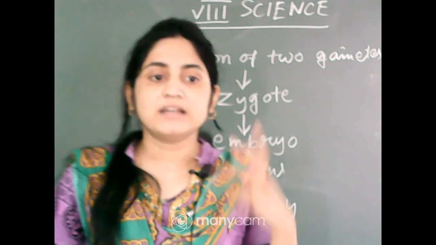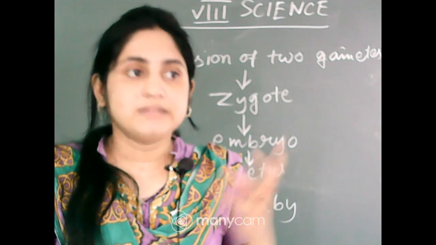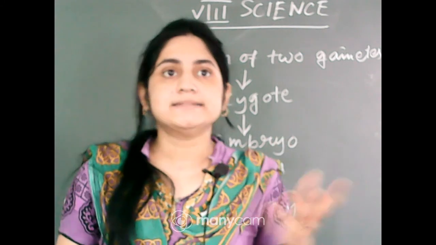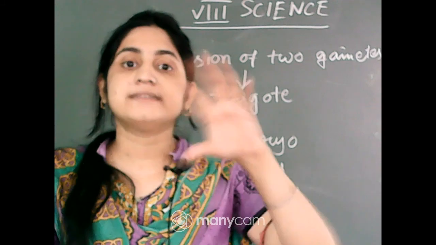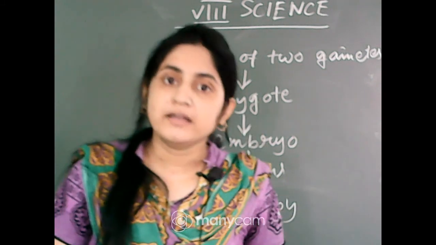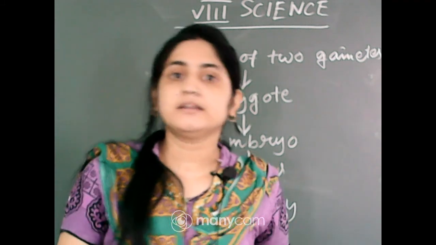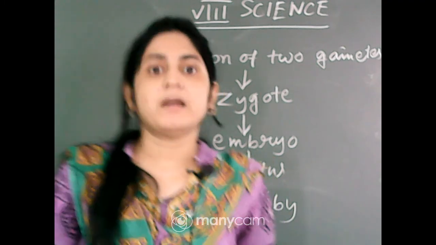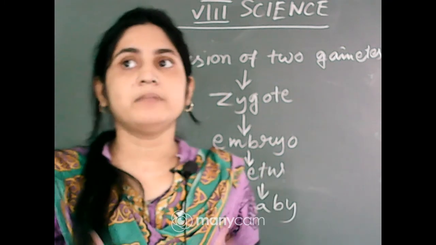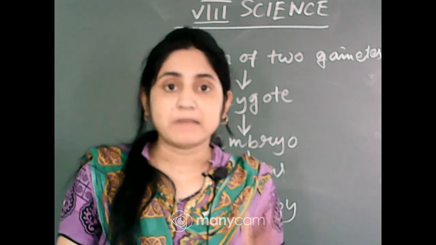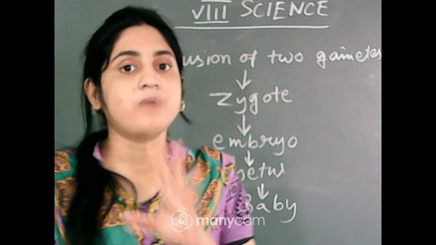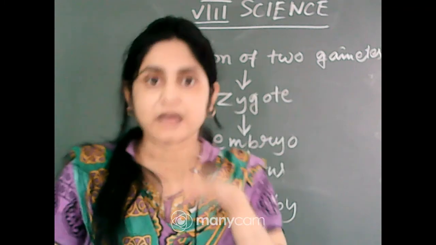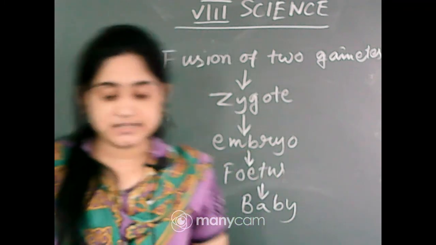Because the type of food which is taken by different birds, hens, anything, this type of food helps to form a shell just outside of the egg. So that's why they can lay eggs and it is protected. But human beings or any other mammals take the type of food that never forms any type of shell around their egg. Okay, so this is the difference.